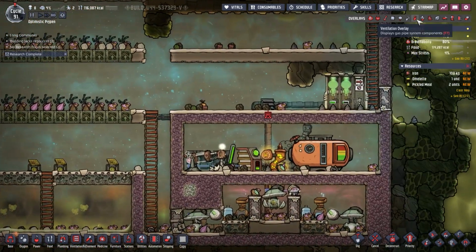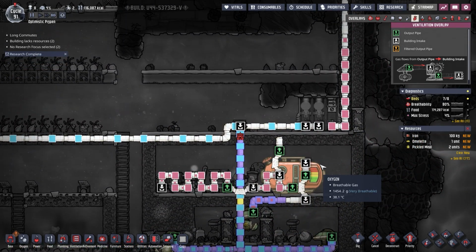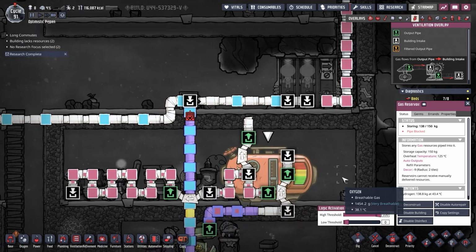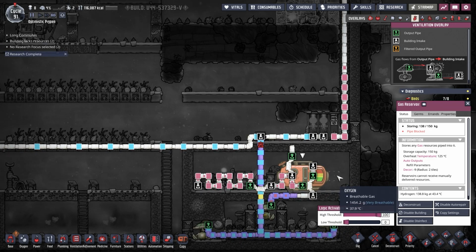So it turns out my hydrogen self-powered oxygen machine was actually producing way too much hydrogen. So I needed an outlet in order to get rid of some of this. These gas tank reservoirs were already full, so I figured, well, I'm gonna probably need to build another one of these. I also could have probably used this to build another electrical